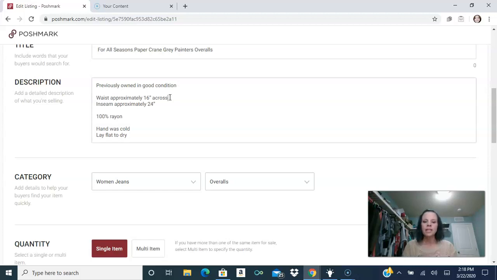When you measure something, you lay it flat and then you take the measuring tape and put it across. If it's a top, you put it across the bust from one armpit to the other armpit. Some people call this pit to pit measurements, but I just say bust because it sounds nicer. And so I always say approximately because it depends on how you measure it and how